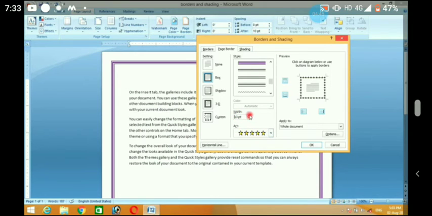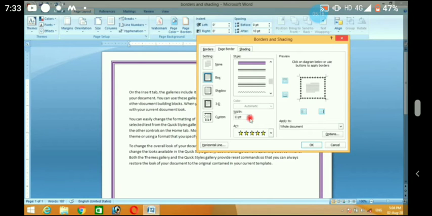After changing the width, I'm increasing the particular width. You can see the star has been shown very distinctly. Now we are moving to the next option. Again, if you change the PT, you are able to see how it is changing.